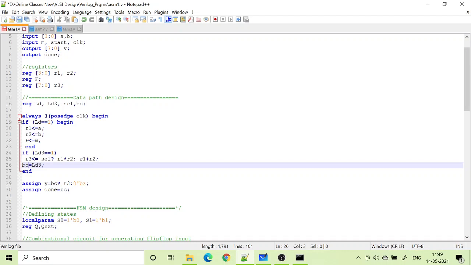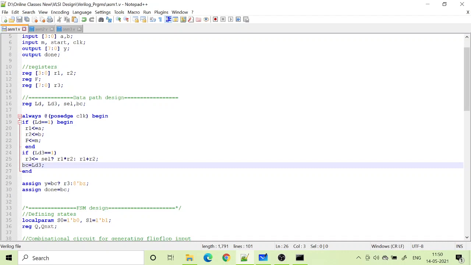BC is a register, and that register will be loaded the moment LD3 becomes high. Then depending upon BC, I will enable my tri-state buffer.